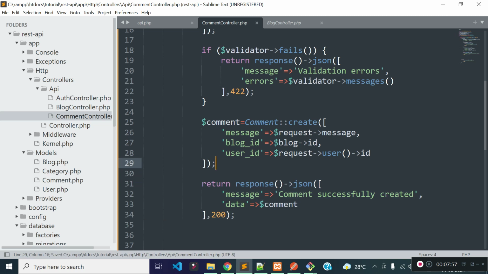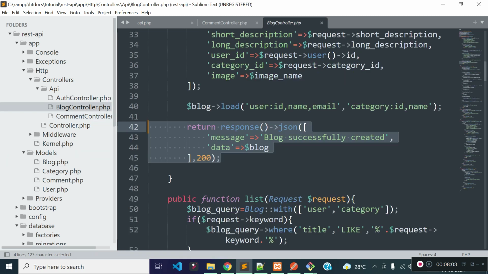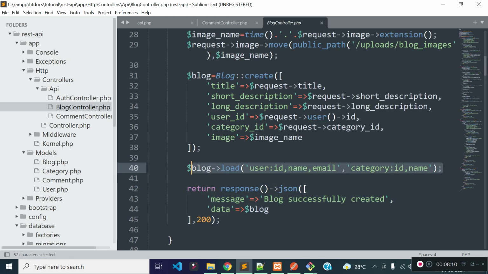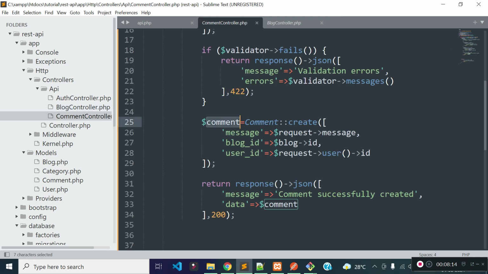And another thing is that I am going to load user data for this comment. Similarly, when we created a blog, we loaded user and category data, so we can load user data for this comment. If you wish, you can also load the blog data, but we do not need to load blog data for this comment.